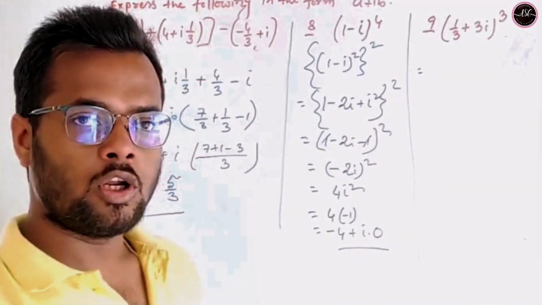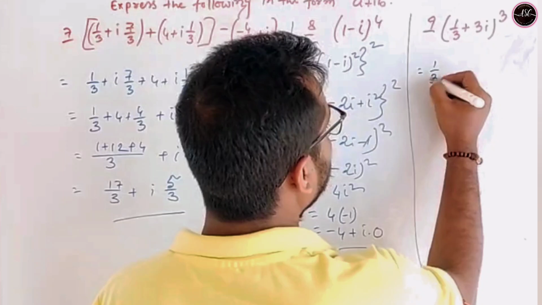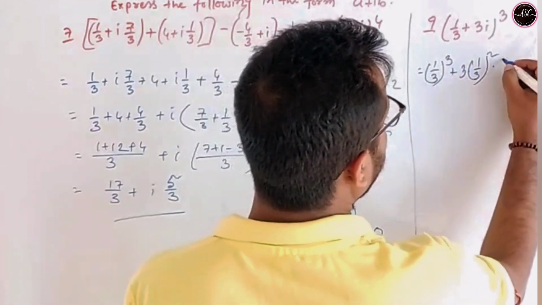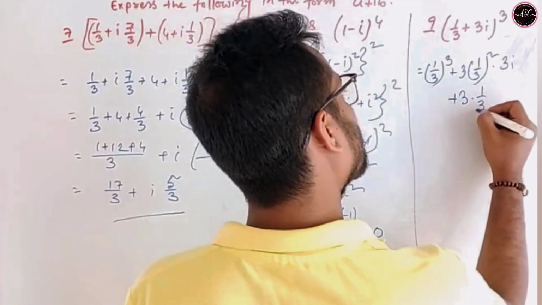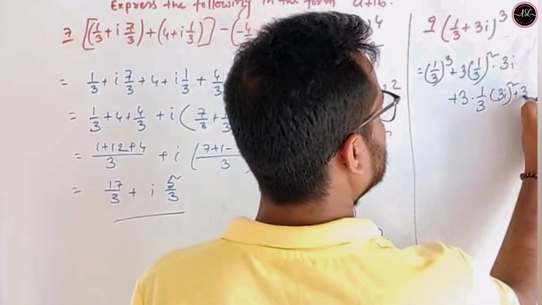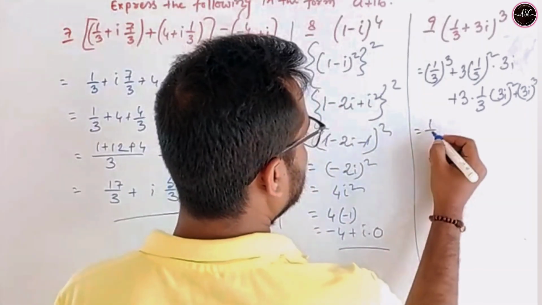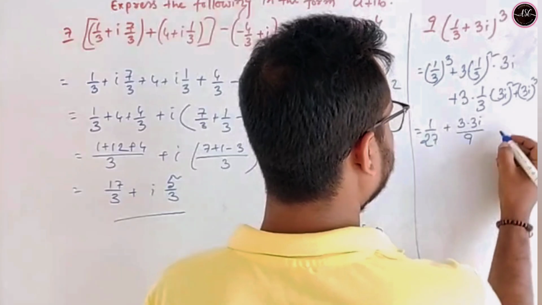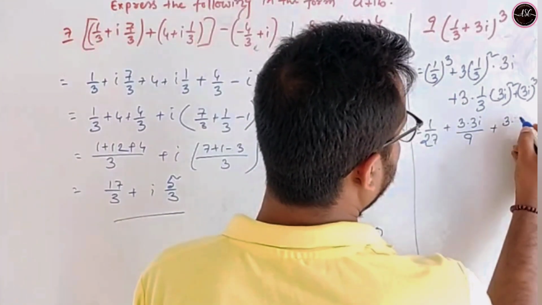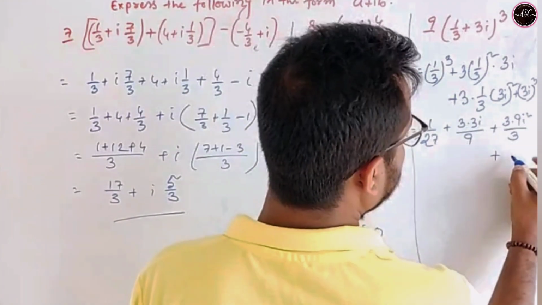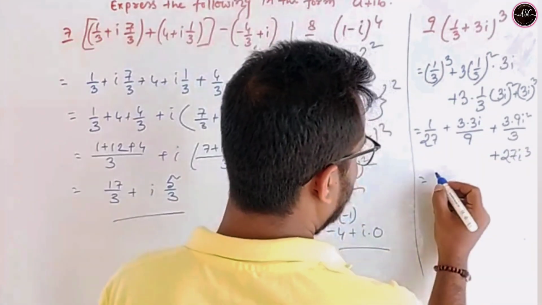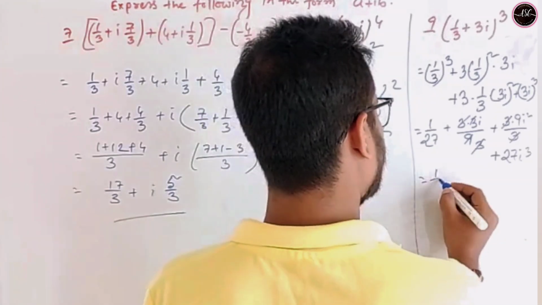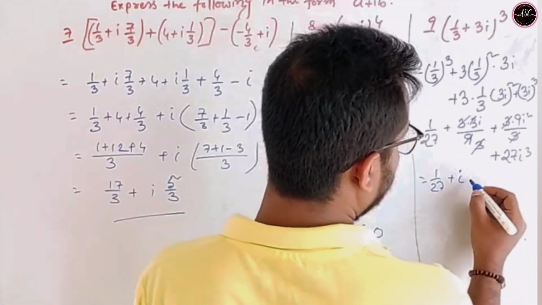Just apply the formula of a plus b whole cube. So just 1 by 3 whole cube plus 3 1 by 3 whole square dot 3i plus 3 dot 1/3 dot 3i whole square plus 3i whole cube. Okay. So we have 1 by 27 plus 3 dot 3i divided by 9 plus 3 dot 9i square divided by 3 plus 27i cube. So we have here 3 will be cancelled and 3 will be cancelled. So we have 1 by 27 plus i